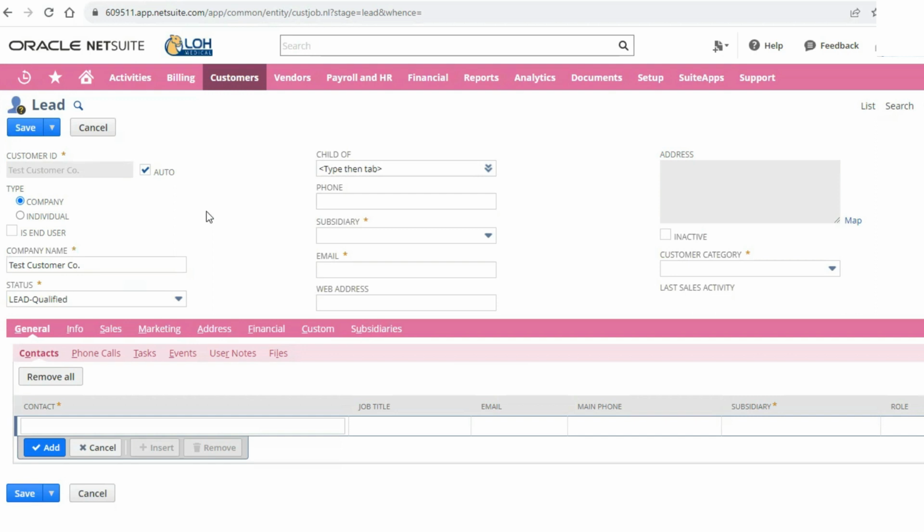when I first came into this form, you saw me hit the auto box. All that does is copy whatever you put in this box into this box. So there may be a time when you want to have a separate customer ID than a company name. For example, Low Medical is a good example of that. Our legal company name is Low Enterprises LLC, but we do business as Low Medical.